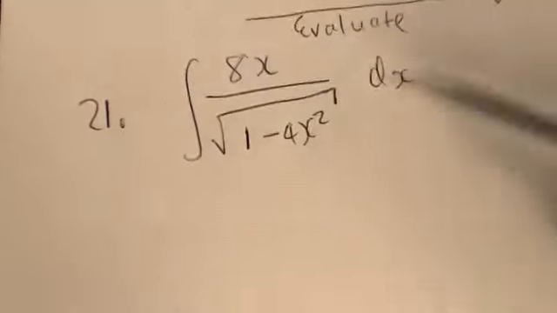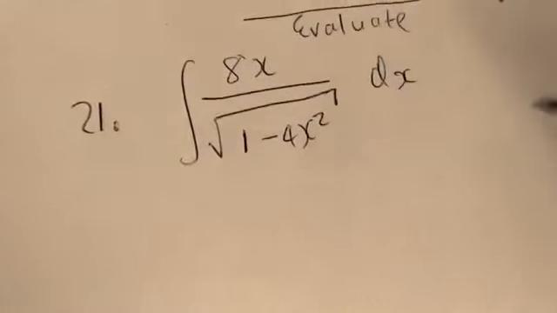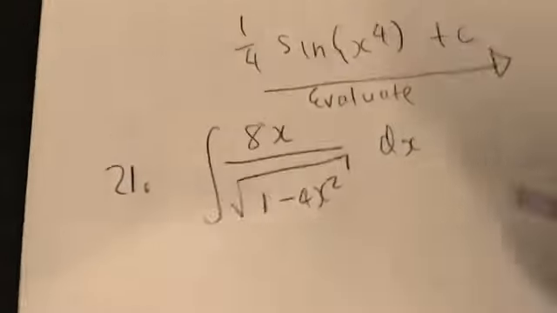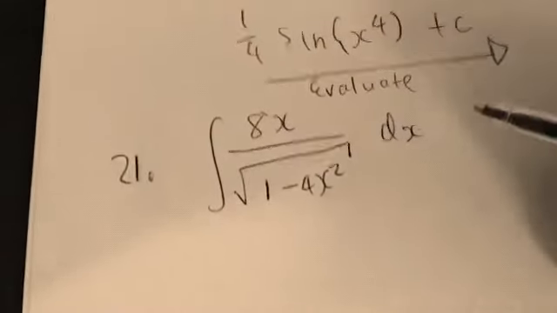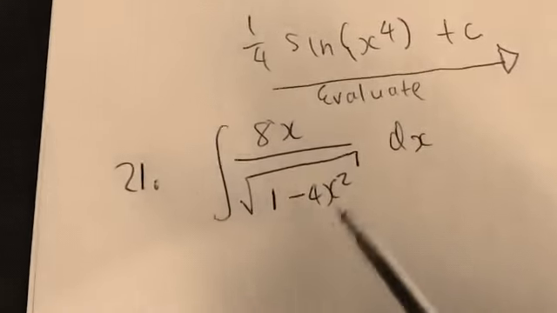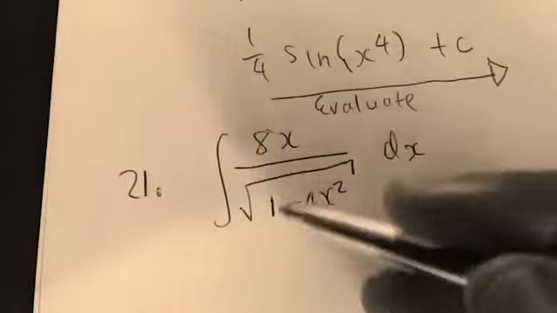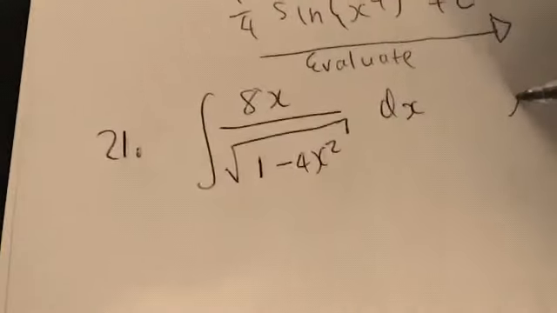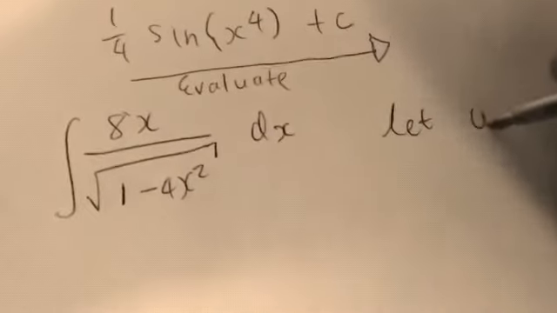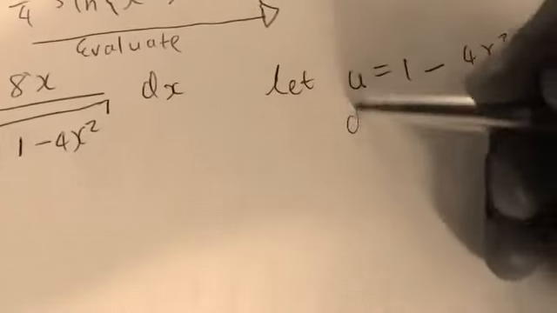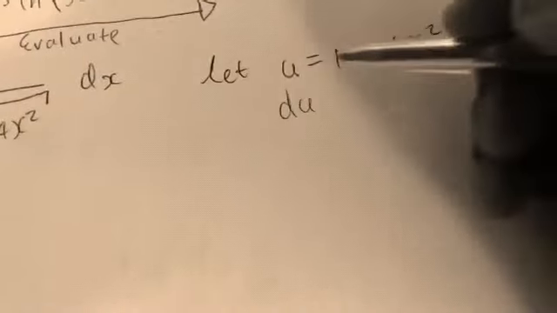So we have to evaluate this particular integral, and we're going to use u substitution. So what is our u? Well, this term is a more complicated expression, so we have to use this term in the square root sign as u. So let u equal 1 minus 4x squared, and then we know that du, differentiating this,